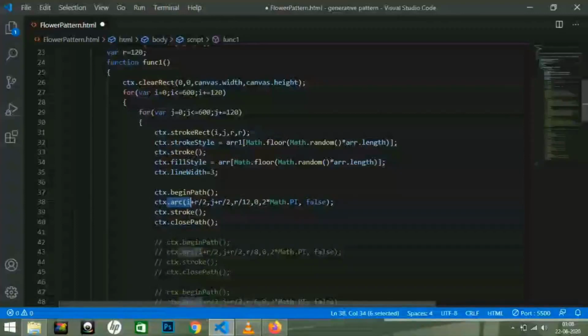After that, I have called the arc function, which is used for defining an arc having different center angles. This arc method consists of 6 parameters, out of which the first and second are the coordinates of the center point, third is the radius, fourth and fifth are the starting and the ending angles in radians, and sixth is a boolean value representing the drawing direction of the arc.